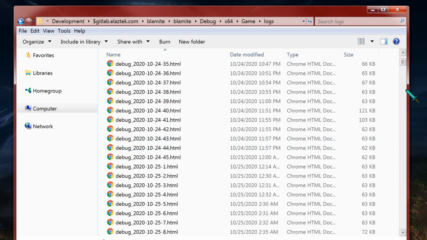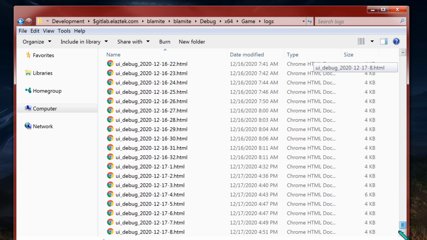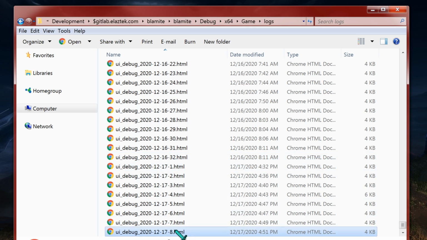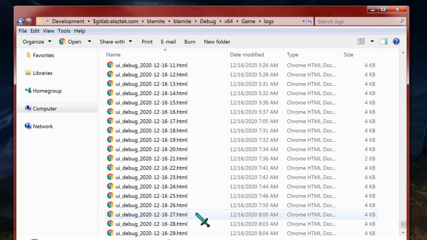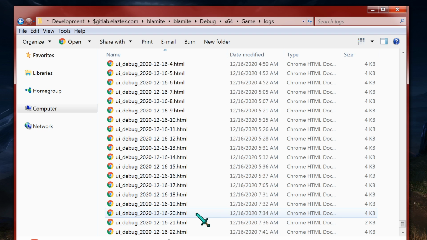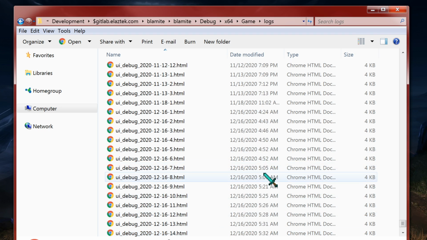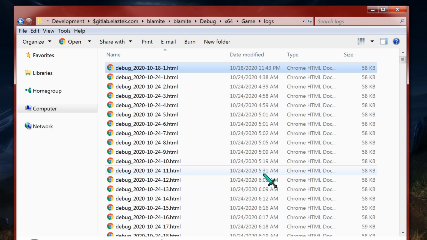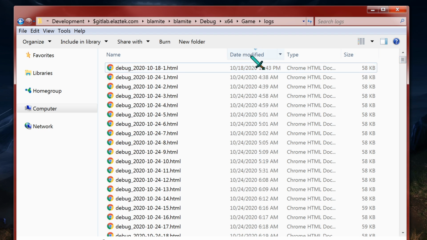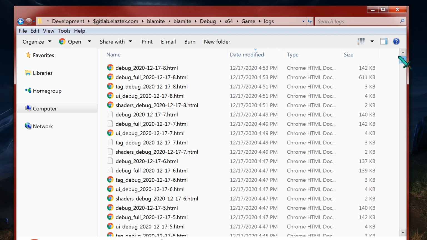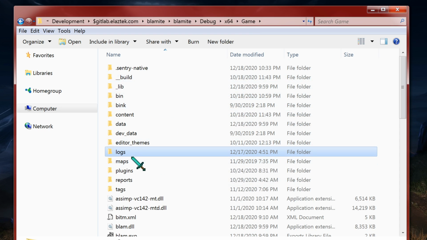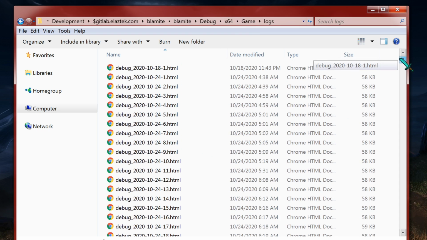Logs. Oh my, there's a lot of logs in here. There's a few. I can't help but notice that there's not one for today. There's none for today, and I've booted the engine like 10 minutes ago. Debug. Is there one for today? No, they're all from yesterday. I don't know. I've probably done something wrong, but basically the logging system for Blamite is a